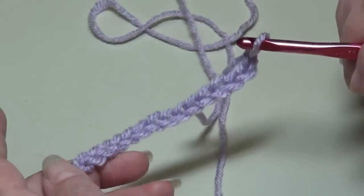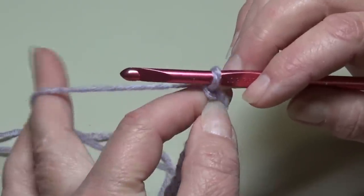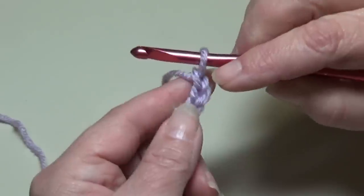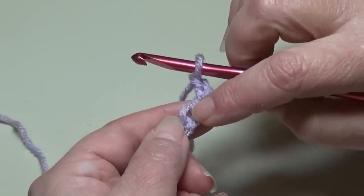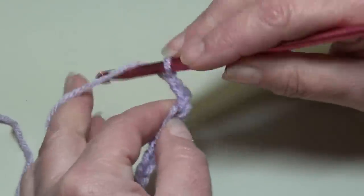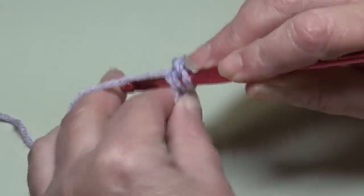So I have my chain 15 made, and now we're going to begin row 1. Row 1 is just a basic double crochet row, so we're going to skip those first 3 chain, 1, 2, 3, and we're going to insert our hook into that 4th chain from hook and work a double crochet. So yarn over the hook, skip 1, 2, 3 chain, insert into that 4th chain, yarn